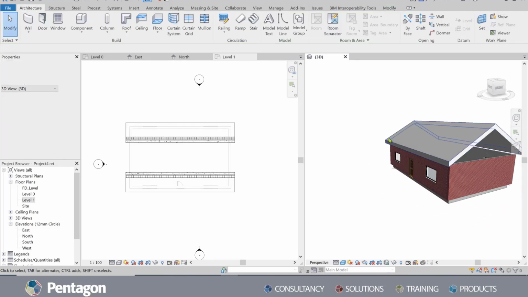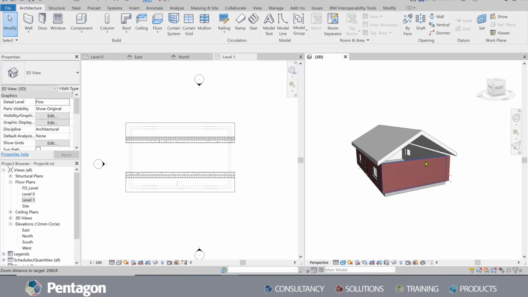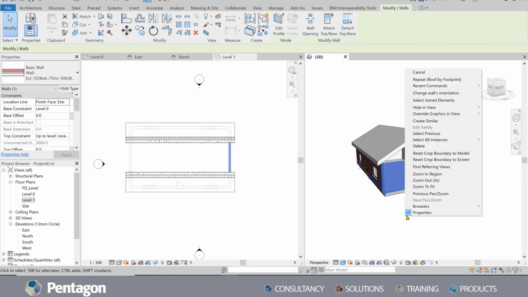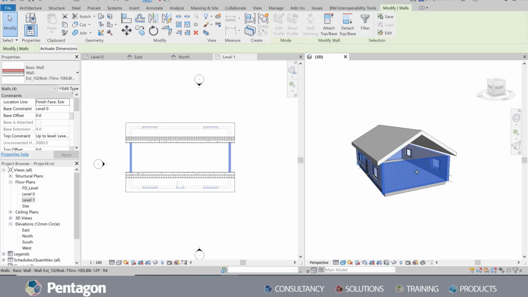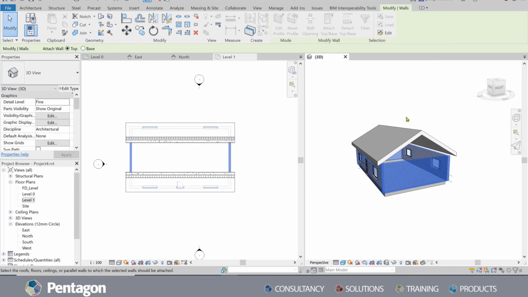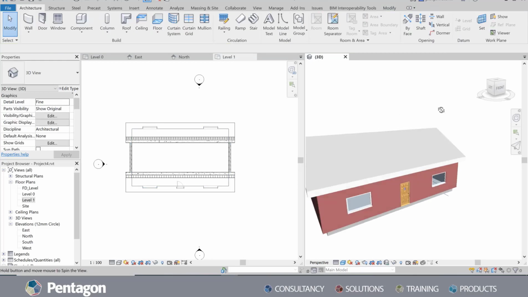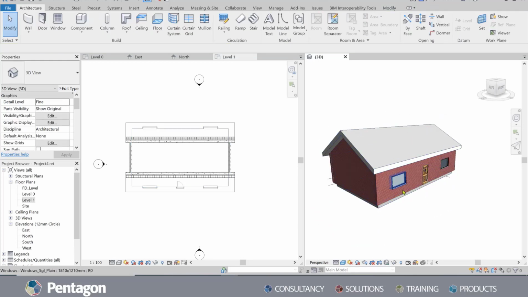And you'll see now that we've got a problem. None of our walls are actually touching the roof. So how do we get around this? Well, we can go in and left click on one of the walls, and they're all the same. And I'm just going to go right click and then select all instances in the entire project, and it selects all those walls. And you'll see this tool appears here in the Modify Walls tool. And we'll just go Attach Top/Base and then select the roof. And there we go. Our walls are now attached to the bottom, the underside of that roof.